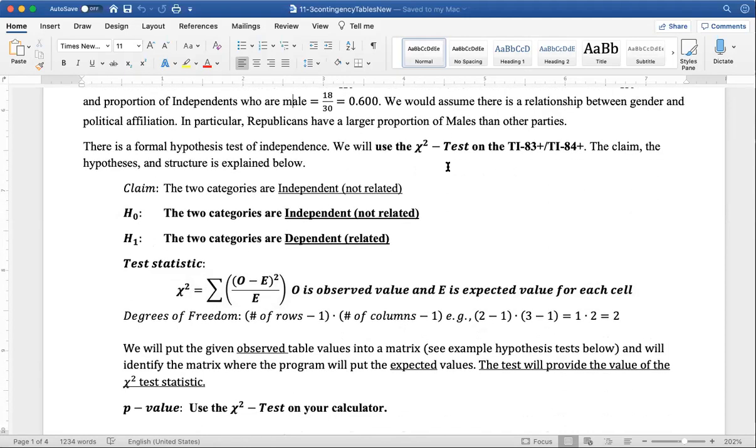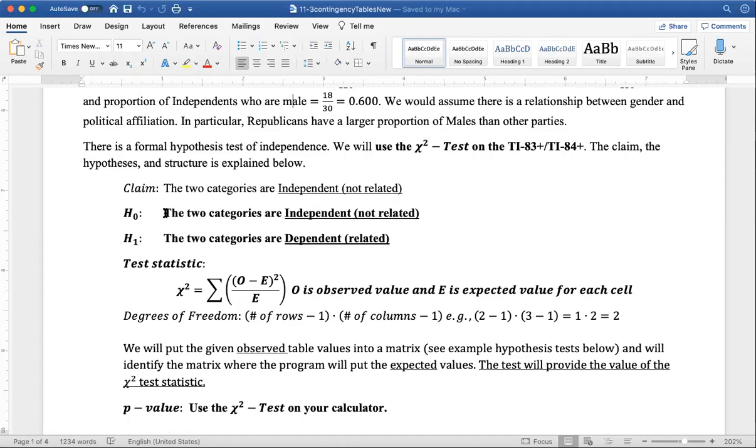If the p-value is less than or equal to alpha, we're going to reject H0 and say that the 2 categories are dependent or related. If it is greater than the significance level alpha, we're going to say that the 2 categories are independent or not related. So fail to reject